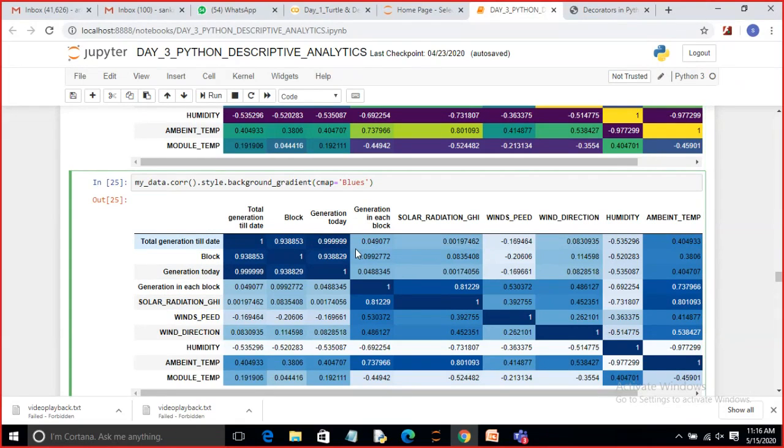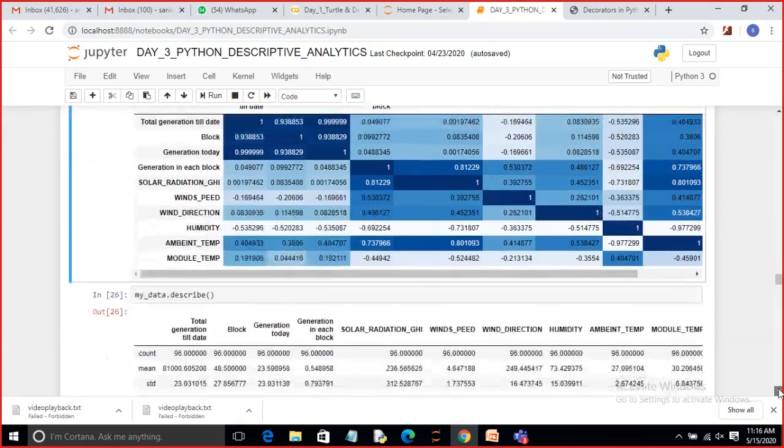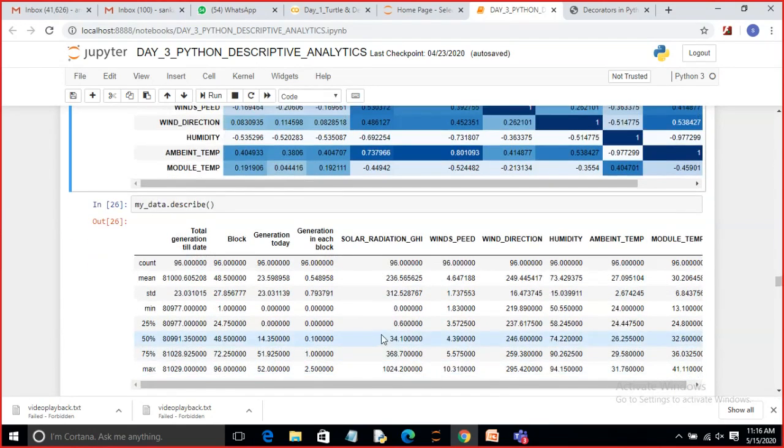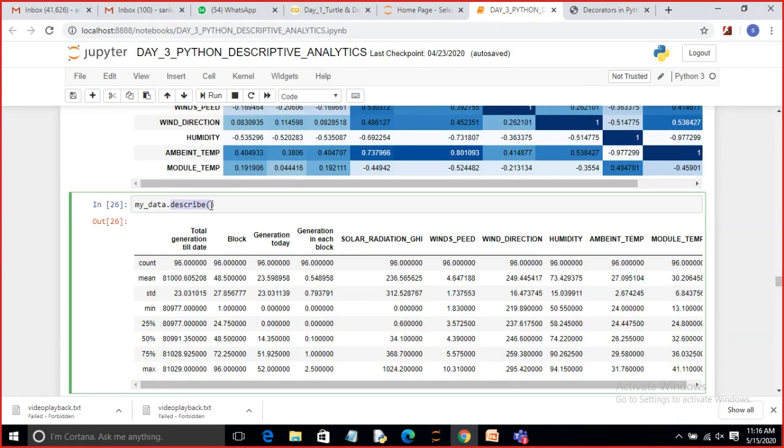We are given blue. Then we can use a single describe. Describe will find all: mean, median, minimum, maximum, and standard deviation, etc. So it holds everything and displays. The data describe.